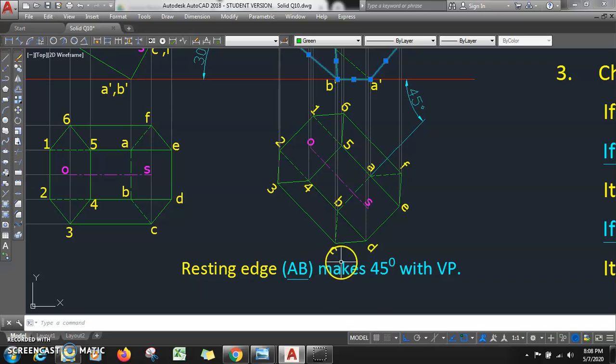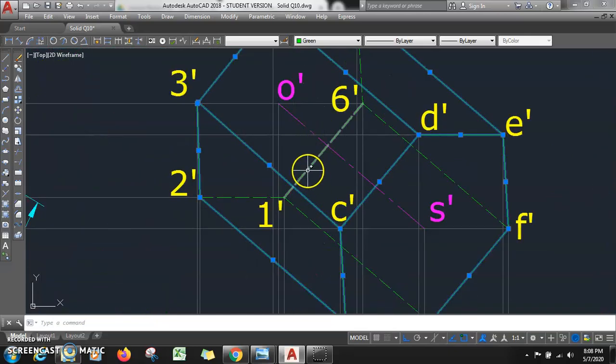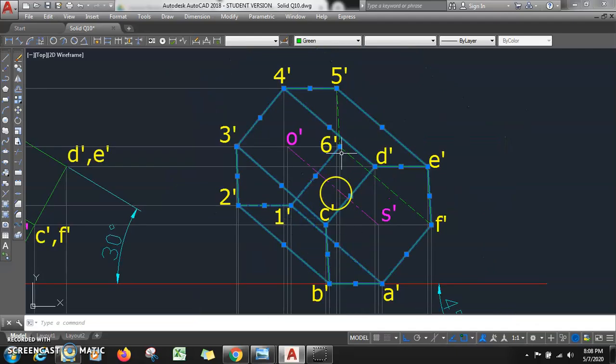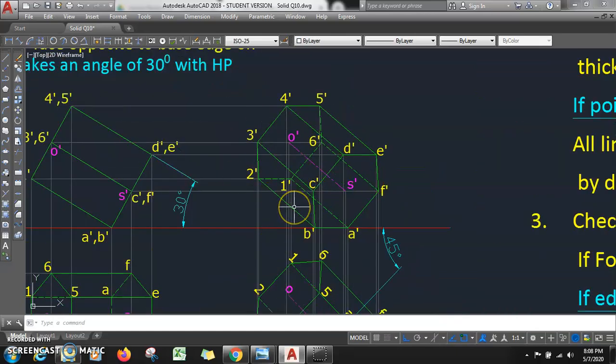ठीक है, 1 6, so when I am looking from bottom, when observer is there at cursor point, ठीक है, तो कहाँ पे है 1 6, here we have points 1 and 6, 1 and 6 points are away from observer, so all lines passing from 1 and 6 are dotted, you see 1 6, then 1 2, then 1 A, then 6 F and 6 5, all these lines will be dotted lines। ठीक है, and join axis OS is shown by a center line।